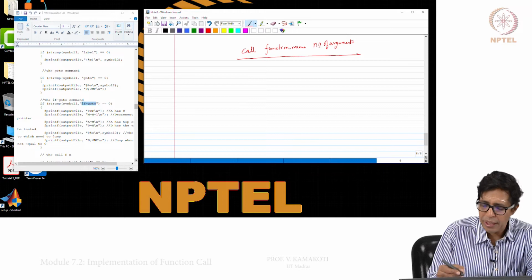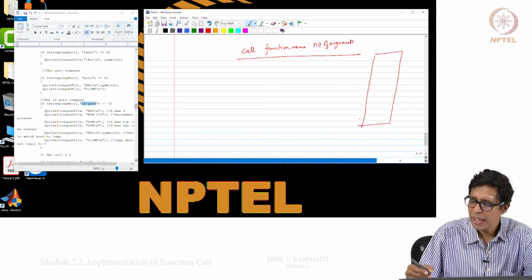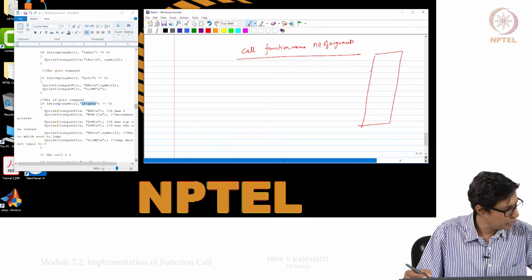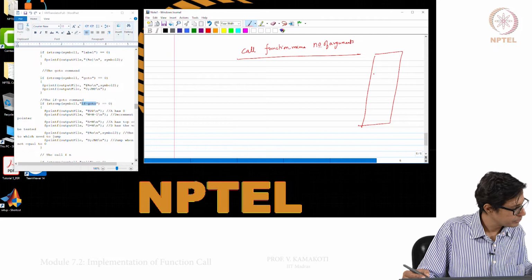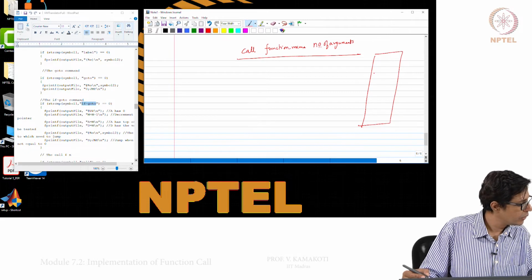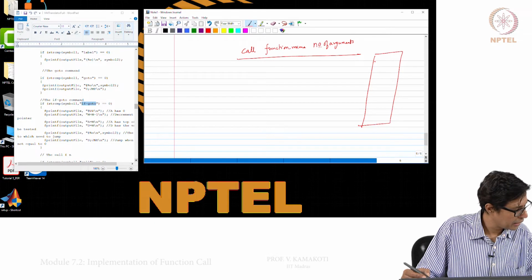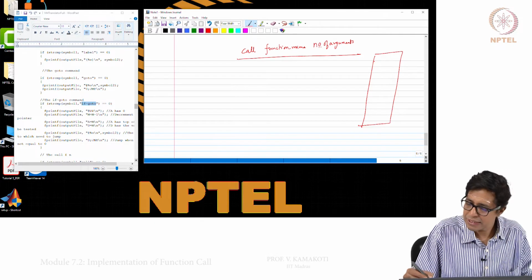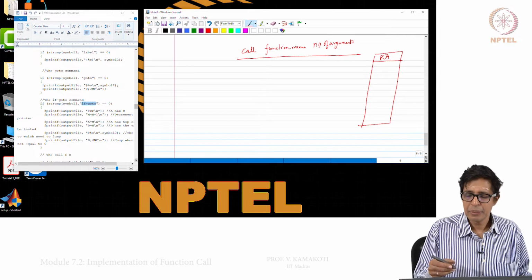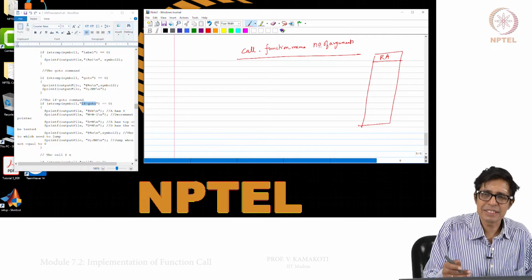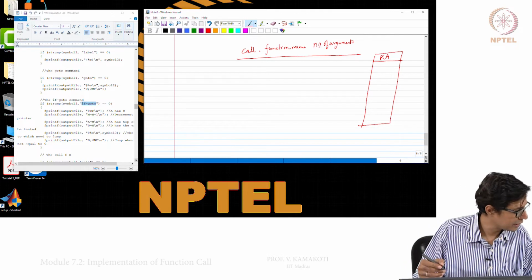So, what should happen is, in the stack, when I do a call, as we saw in the last module, I have to push a return address, because after this call finishes it has to come back to some return address.